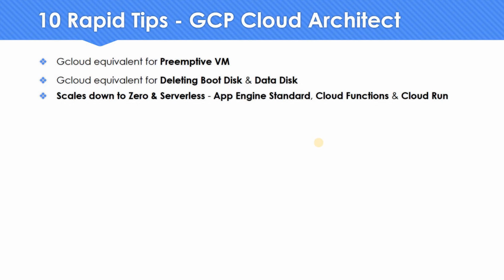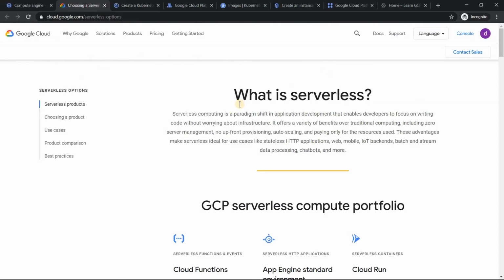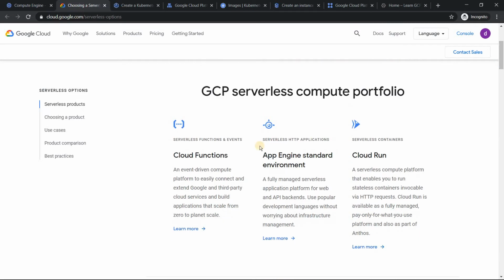And I wanted to show you this on an official page. This is the official page which mentions the serverless offerings GCP has, and you should be able to see it very clearly. They mention App Engine Standard, Cloud Functions, and Cloud Run. If it's a complete web application written in a modern language like Java, Node.js, or Python, you can use App Engine Standard. If you have one endpoint which you want to run in the cloud, Cloud Functions is a good choice. And if you have one endpoint and it is written in a language which is not supported by Cloud Functions, then I would say Cloud Run is a good choice.